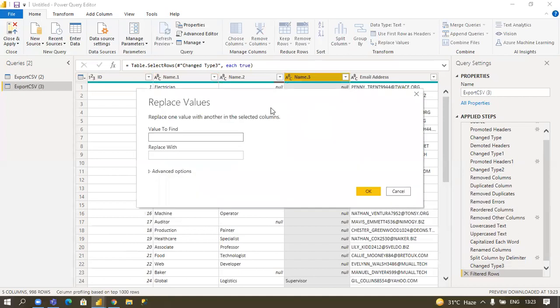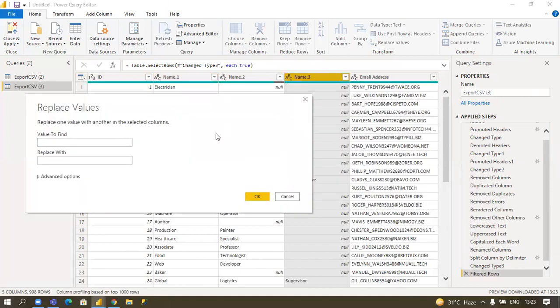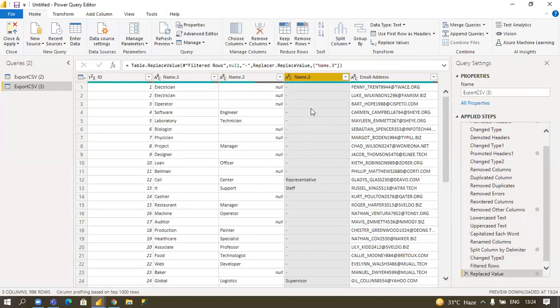You can see there are two options: first one, value to find, and replace with. In value to find, I will put the value that I want to replace. I will put null, and replace with a dash only. I click OK. You can see every null value has been converted to a dash.